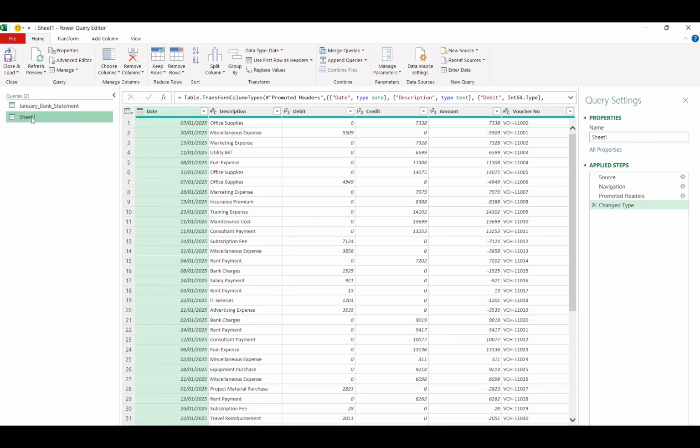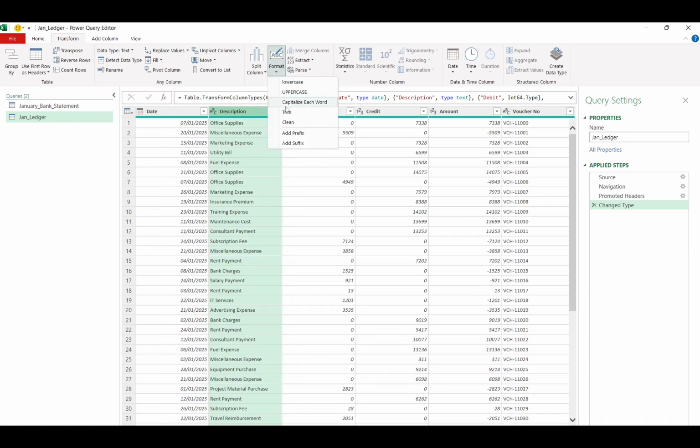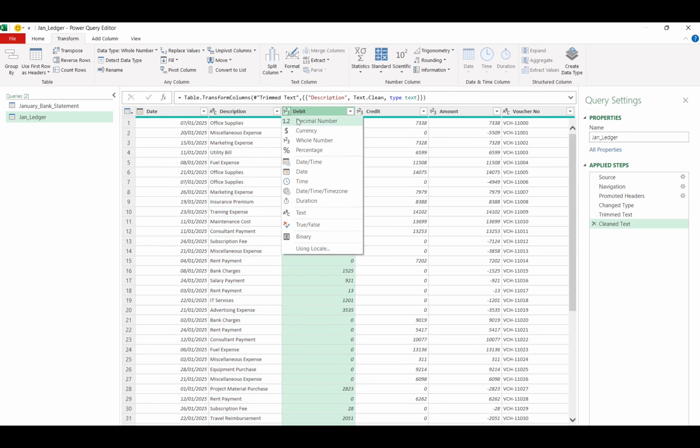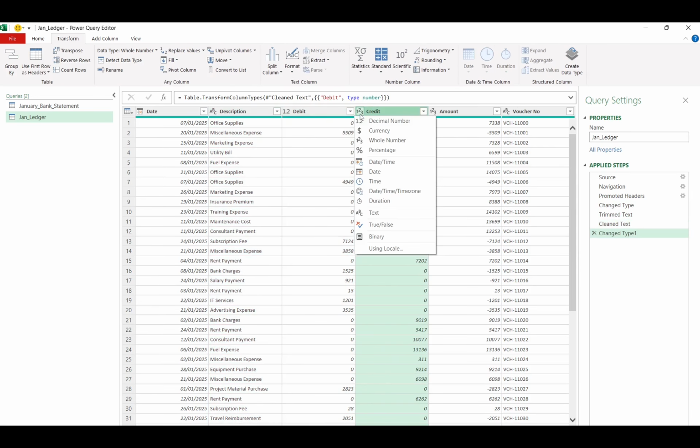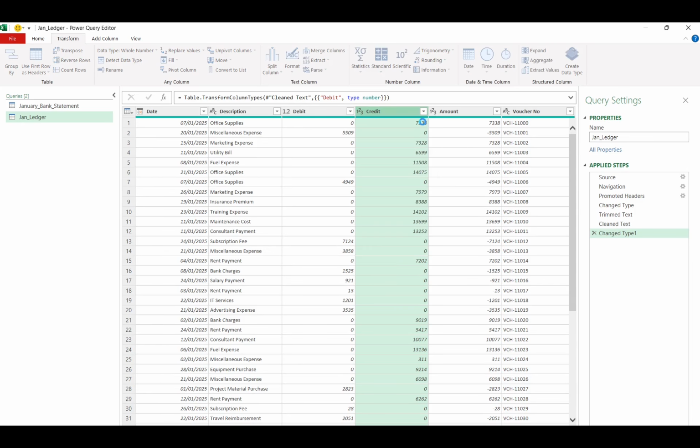And one more thing, we will rename this query as January ledger. After that, the description column, we will click it, transform, format, trim and clean. And the debit column, we will change the data type,